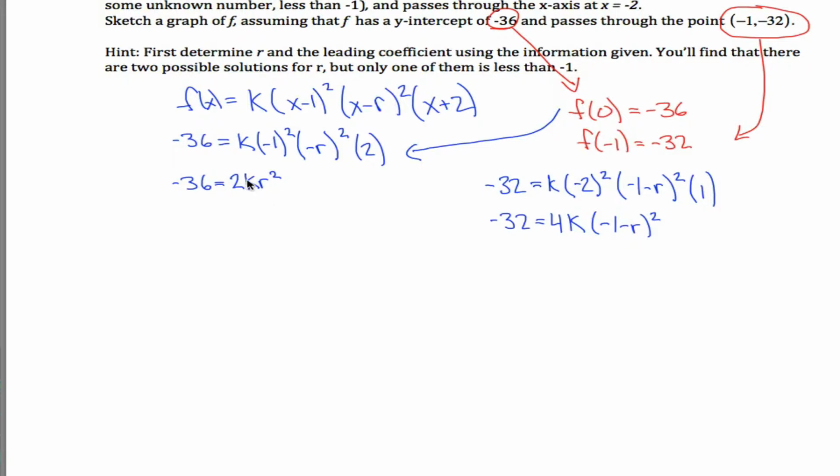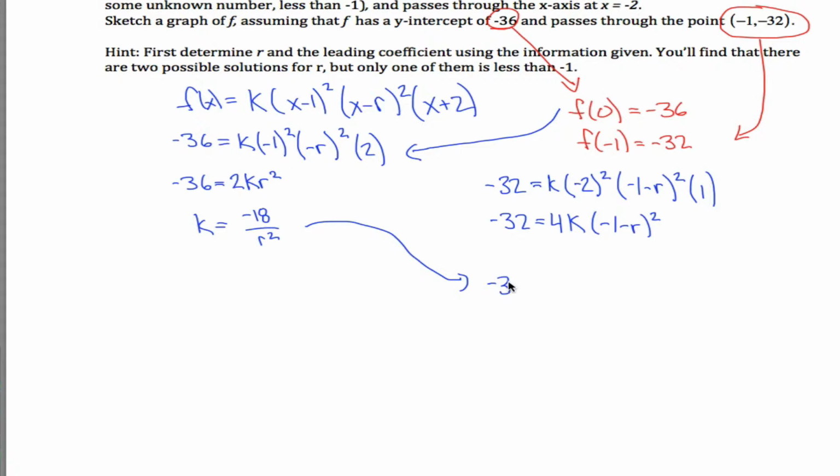So the way I'm going to solve for k is if I divide both sides of this equation by 2r squared, I get that k is equal to negative 18 divided by r squared. Negative 36 divided by 2 is negative 18, and the r squared. So k is equal to this right here, so I can take that and plug it in over here